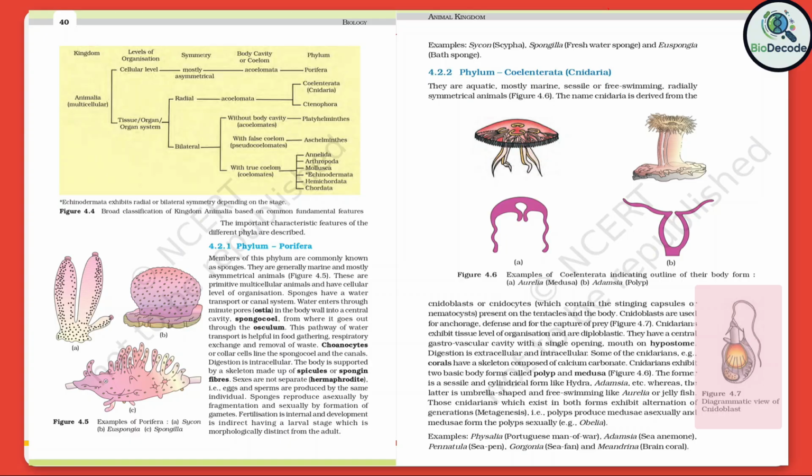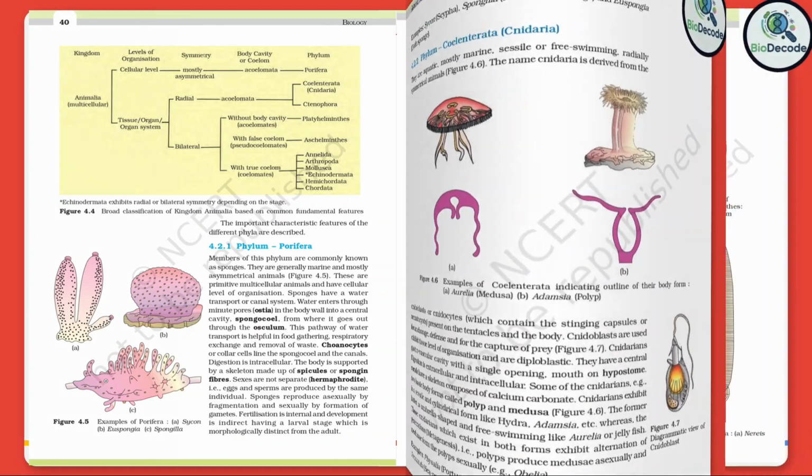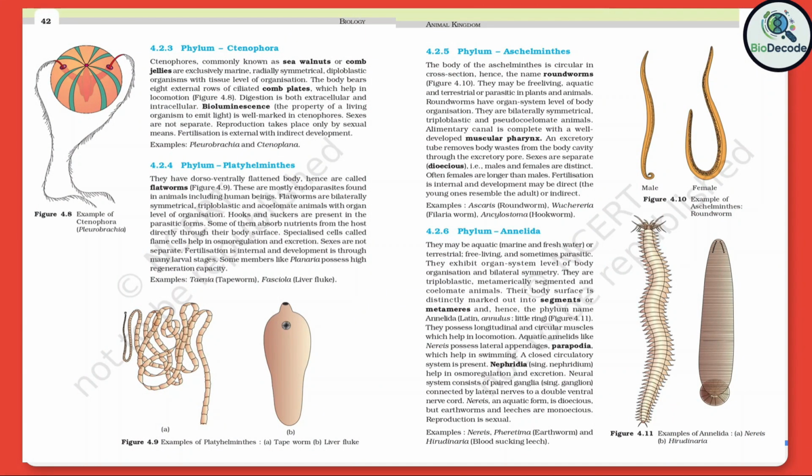or deter predators. The cell's nucleus and cytoplasmic components are shown, emphasizing that cnidoblasts are not just defensive structures but also vital for feeding. This figure helps students visualize how such a tiny cellular adaptation has contributed to the ecological success of jellyfish, corals, and sea anemones in marine environments. Phylum Ctenophora. Ctenophores, commonly known as sea walnuts or comb jellies, are exclusively marine, radially symmetrical, diploblastic organisms with tissue